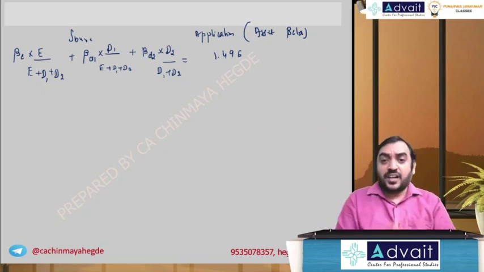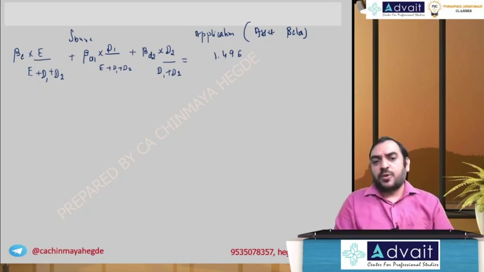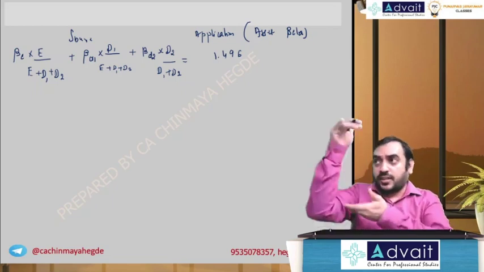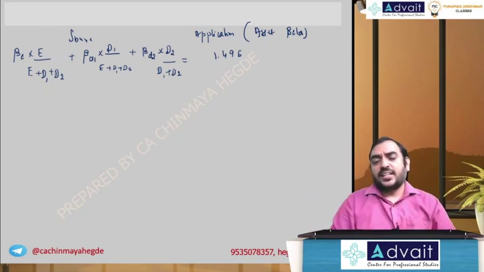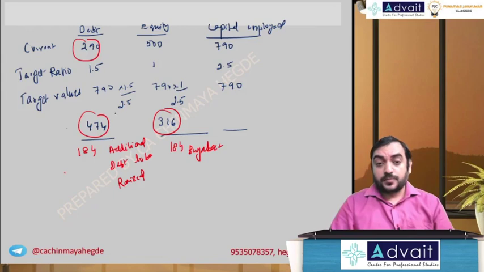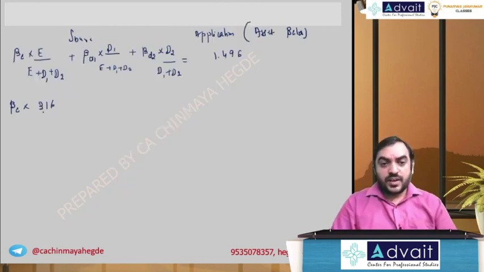In fact, instead of solving in this manner, you can also write in a tabular manner: source, equity, beta multiplied by weights, product, total. We have applied that concept also. That also you can follow, no issues. You can follow a tabular format or write in a horizontal format. So beta of equity we would like to simplify. How much is the equity amount? We had 500, 184 buyback, so it's going to be 316. 316 will be the equity amount. 316 divided by total, I'll write directly, that is 790.